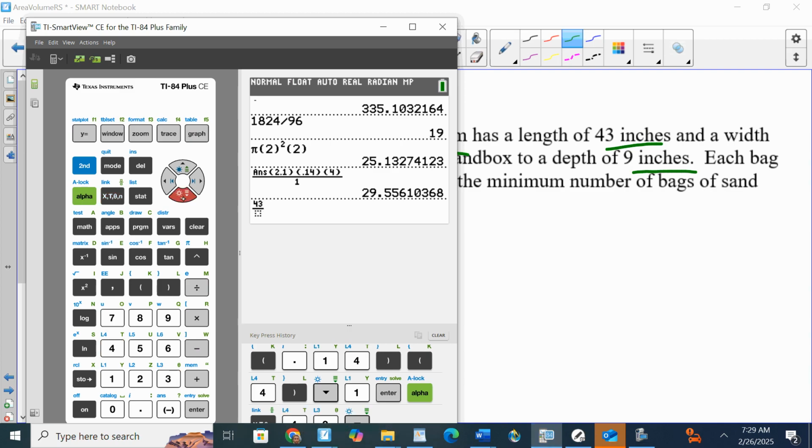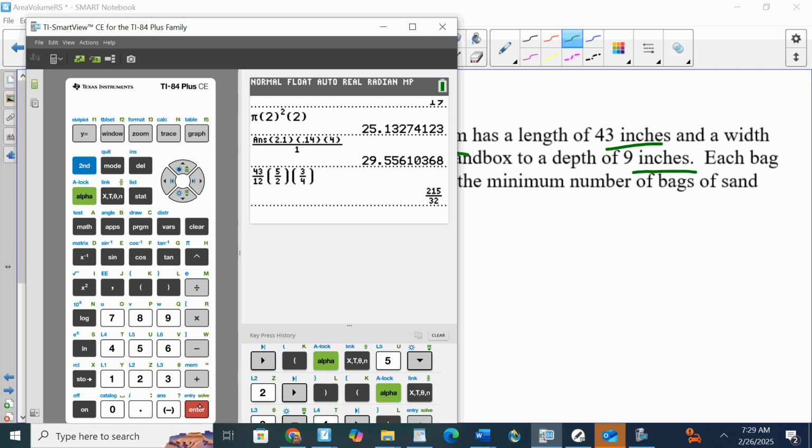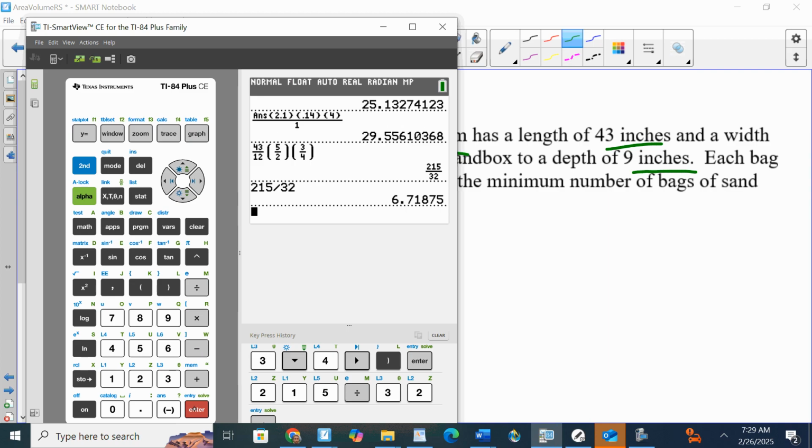43 over 12, 5 over 2, and 3 over 4. I get 215 over 32, and it might be a good idea to just make that into a decimal by dividing them. 6.71875